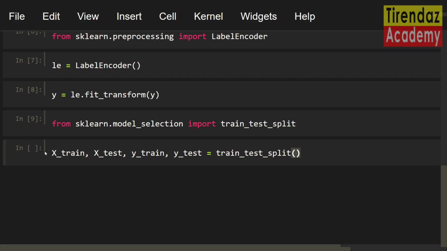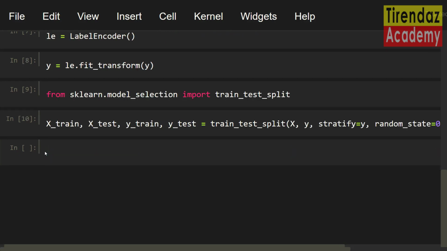Let me set the variables X, comma, y, comma. To split the dataset in a balanced way, let me set stratify equals y, comma. For reproducible output, let me set random_state equals 0. Cool, our datasets are ready to analyze.